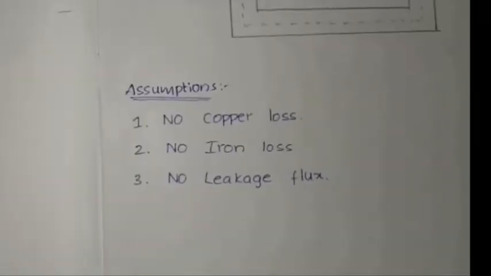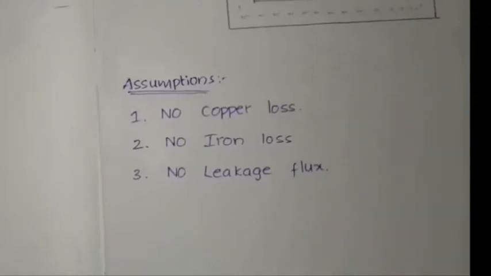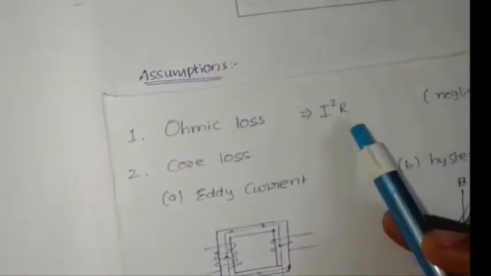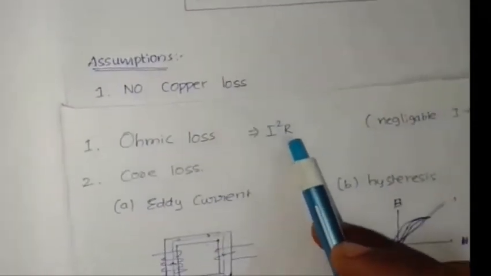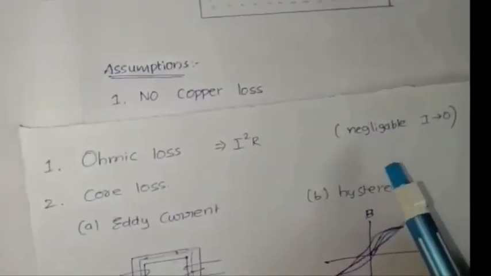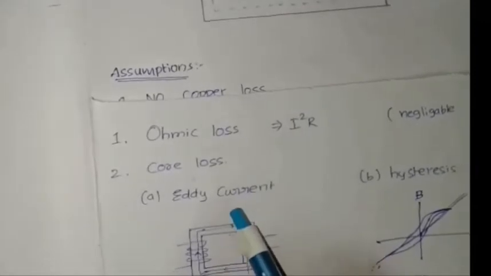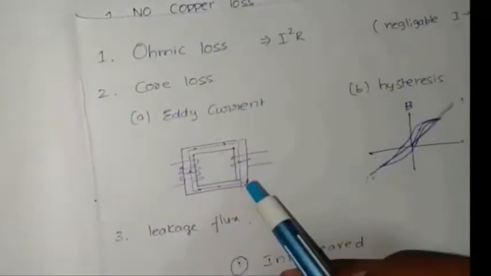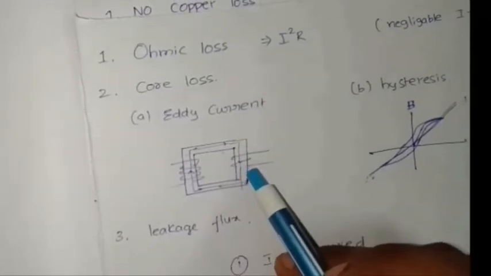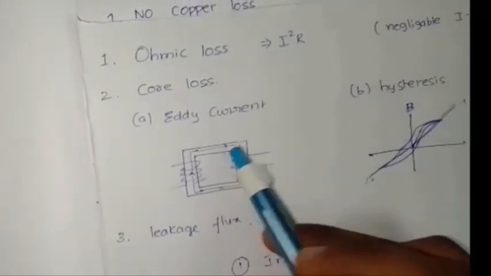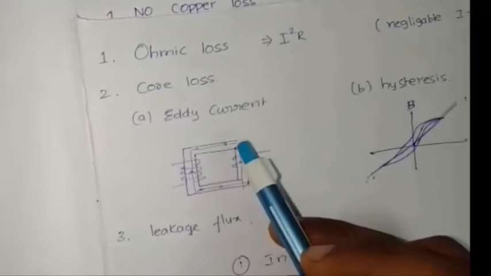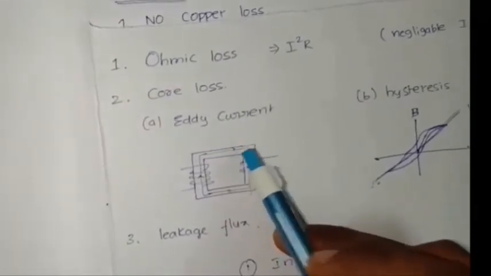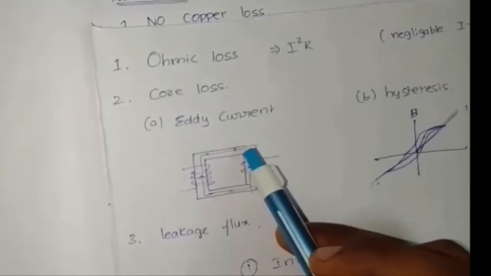Let's understand quickly about the assumptions in detail. First one, copper loss or ohmic loss or I square R loss. This is mainly due to resistance in the conductor. This is negligible when current through the conductor is small. Second one, core loss due to eddy currents and hysteresis. First one, eddy currents. In addition to magnetic conductivity, the core also allows electric conduction. Due to changes in the flux linkage, an EMF is induced in the core, which tends to produce a circulating eddy current in the core. This can be reduced by laminations, which break the flow of current.